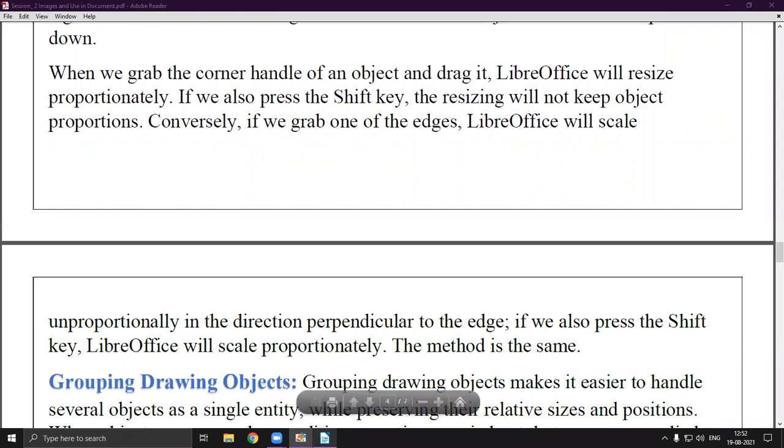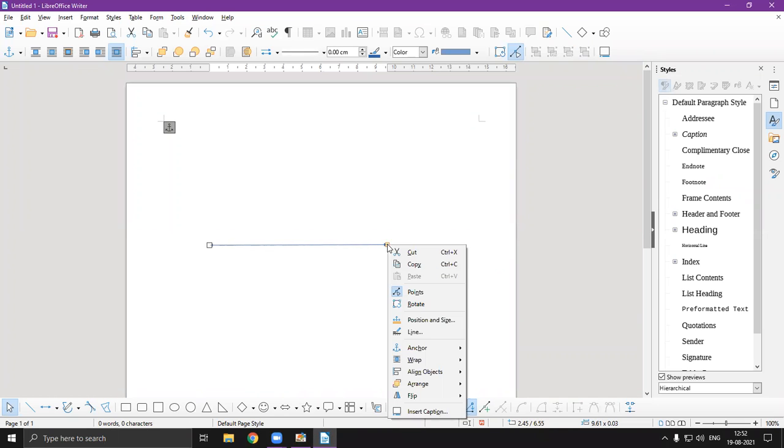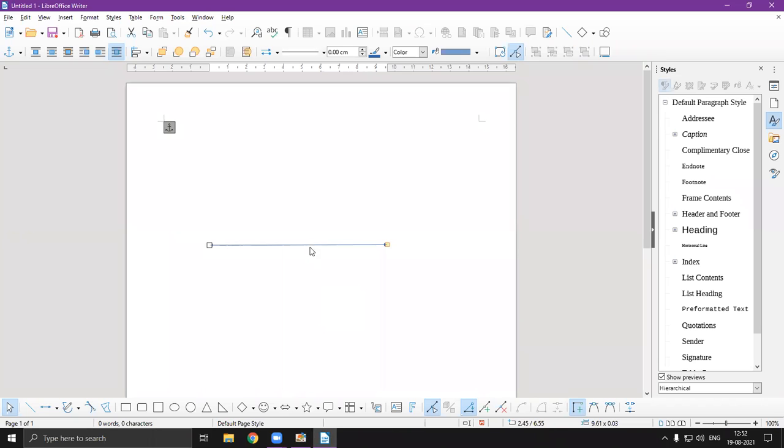Here I am going to share the screen to show how you can resize it. First of all, you can change it from here, position and size. You can place it anywhere on the screen. Select that square and you can resize it, just like this.